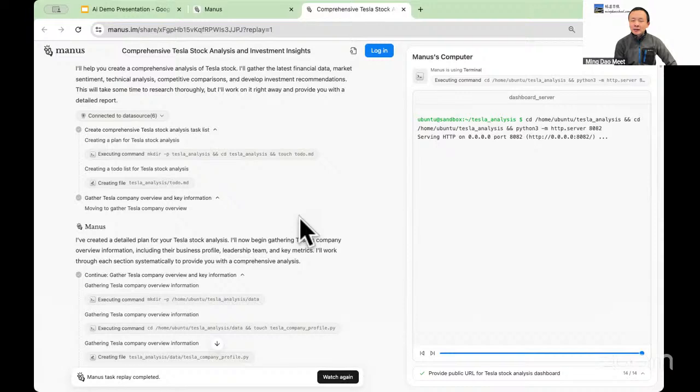Then they execute different steps to look up the internet.